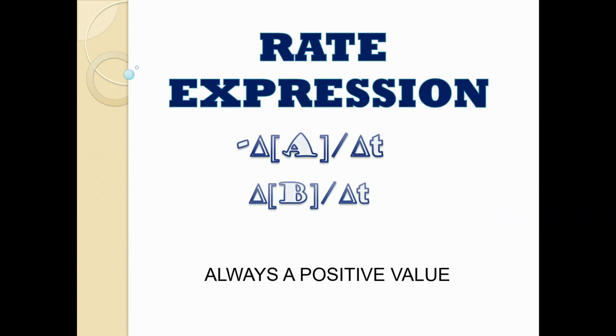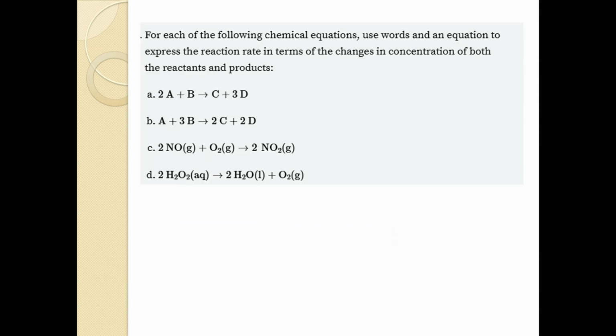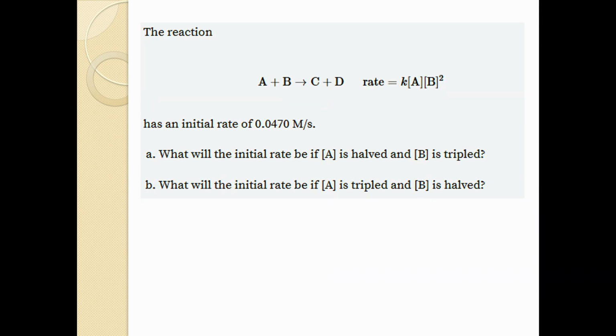Okay, then we moved into chapter 14. Rate expression isn't as important to us, but you should be able to know how these things relate. We introduced them and then went straight into rate laws. But if I have a rate expression that says one of the materials changes at a certain rate, how does the other one change? So if I have A, what happens to the rate? If I triple B, what happens to the rate? Or